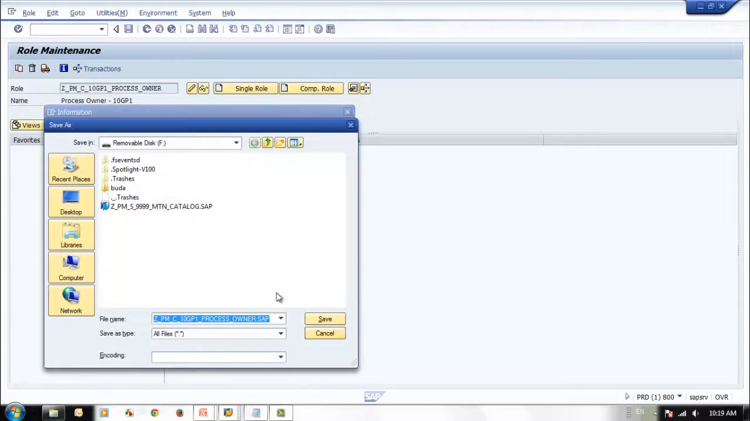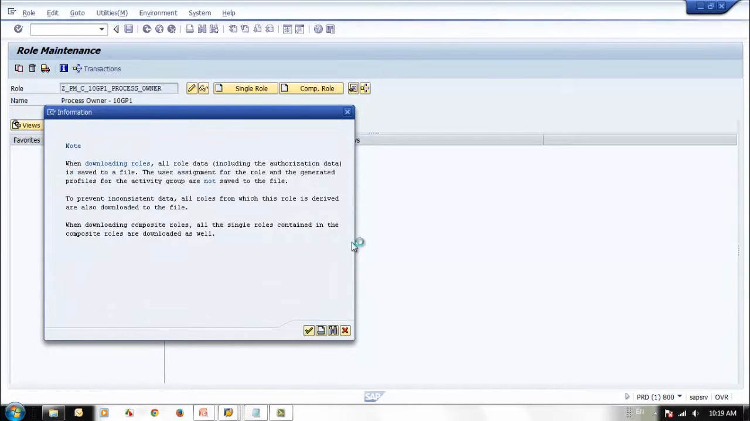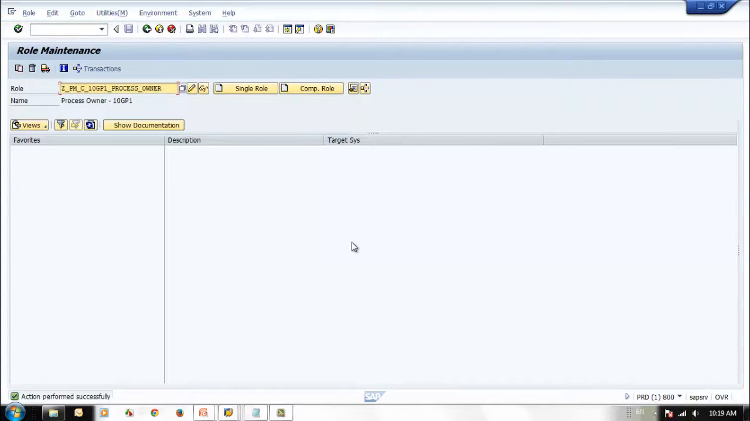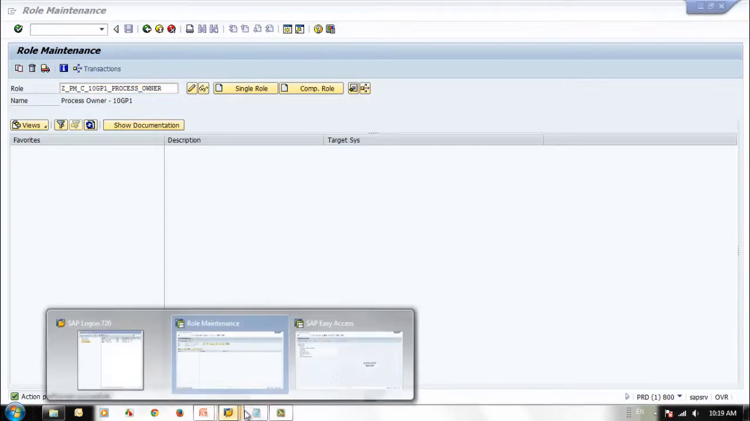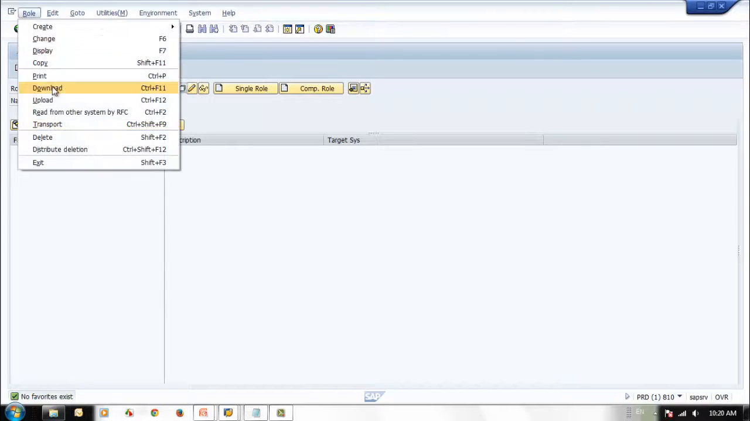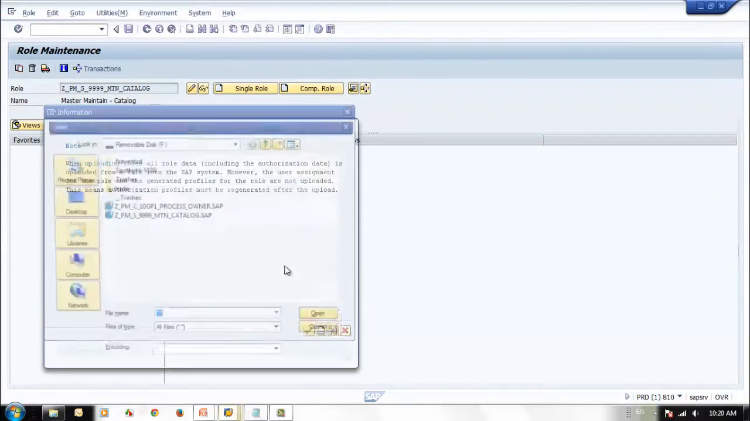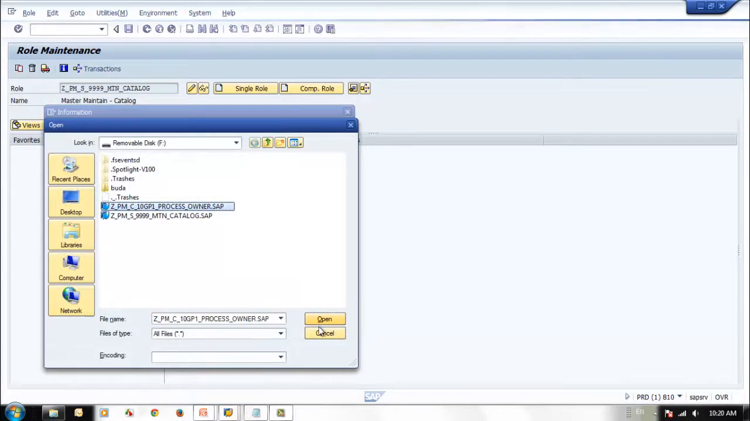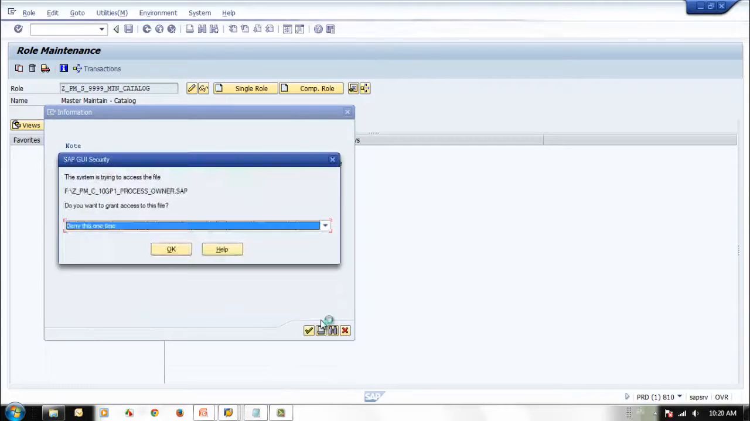Download the role, select the location here, say okay. Now it says action performed successfully. Let's go to our other system, meaning the other client. Let's go to PFCG. Let me upload it now. Okay, say this is our role. Open, always allow. Okay,